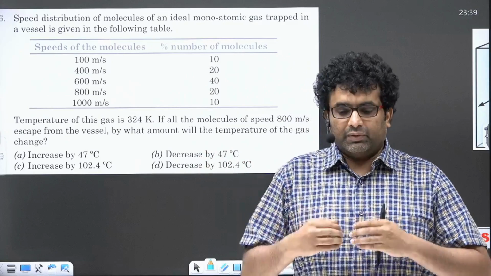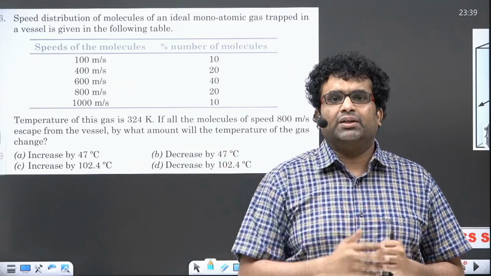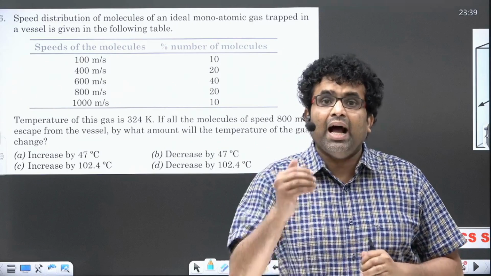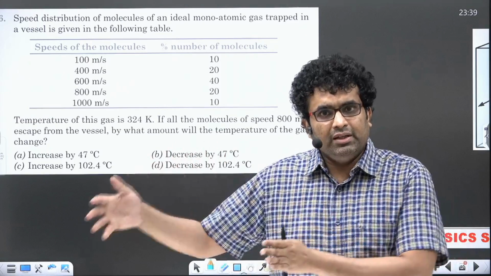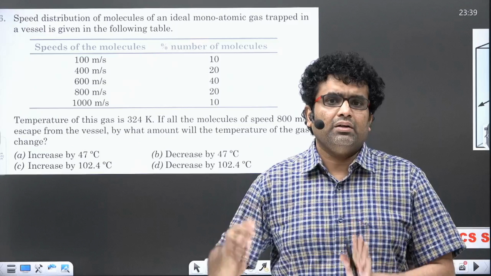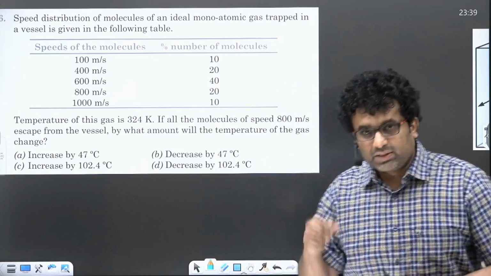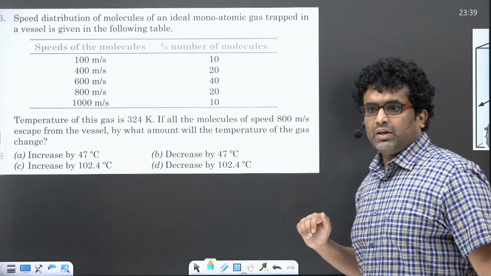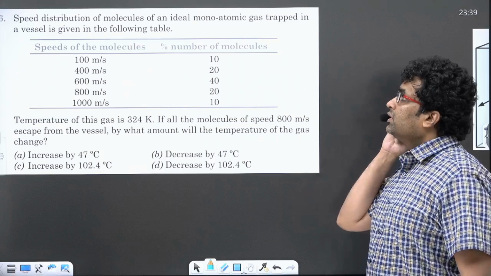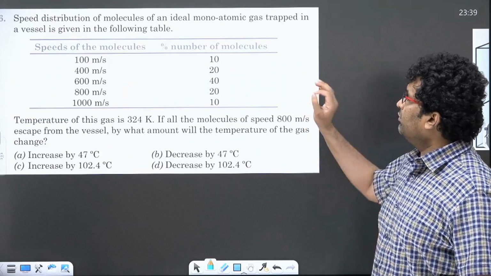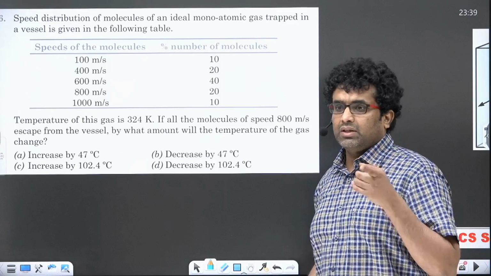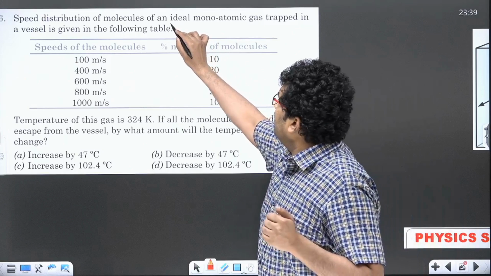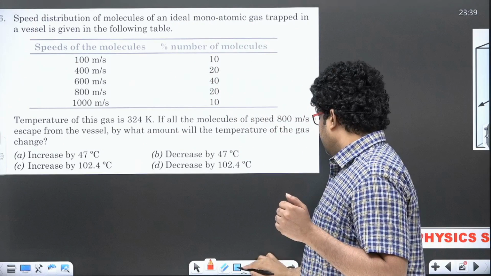So this problem, in this sequence of slides in the lecture, should enhance our understanding of whatever we did in the previous slides, both the theory and the problem solving part. With that spirit, I took up the problem here in our course. The question is very simple, right? It's from the famous book Pathfinder. Speed distribution of molecules of an ideal monatomic gas. Reading the question is very important in such situations. He's already terming it as an ideal monatomic gas.